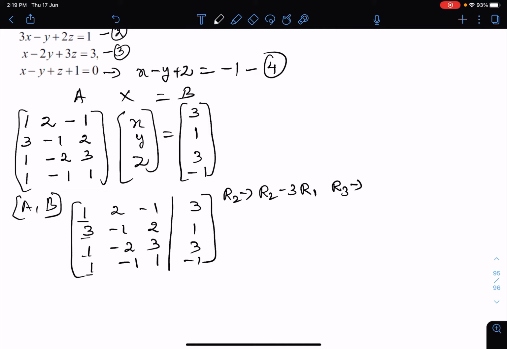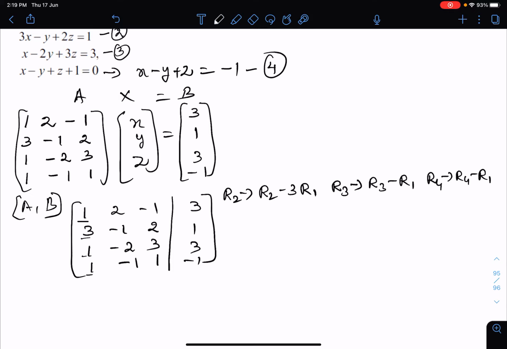Row 3 is just 1, so you can subtract from row 1 and get the 0 here. Similarly for the fourth row also you have got the same thing. Row 4 also, row 4 minus row 1. For all the 3 you have to take only the help of row 1. That you should be sure.